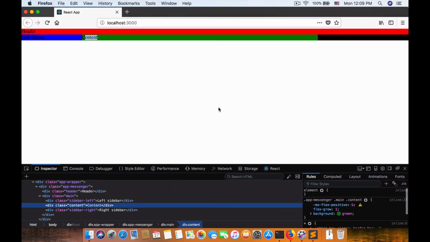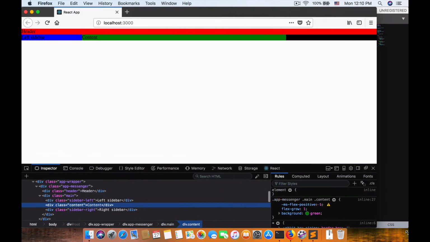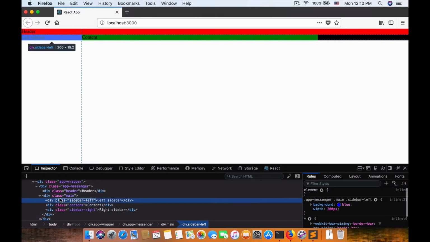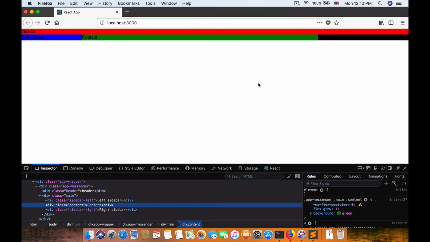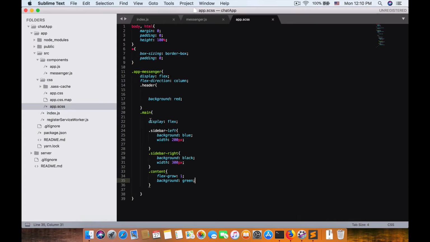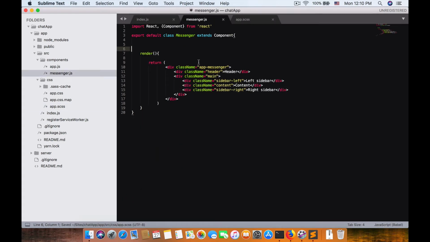Okay. So now you should see the left sidebar and content. I can resize it as well. Cool. We can optimize it for mobile later. So it's great. Okay, cool. So the left sidebar and content. The problem is how we give it the full height. So in our messenger, I can do it by